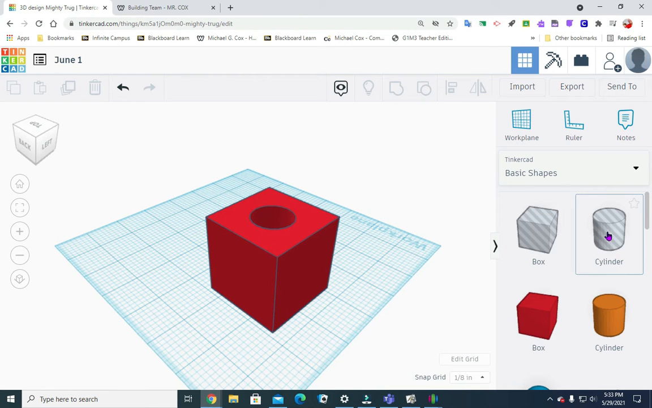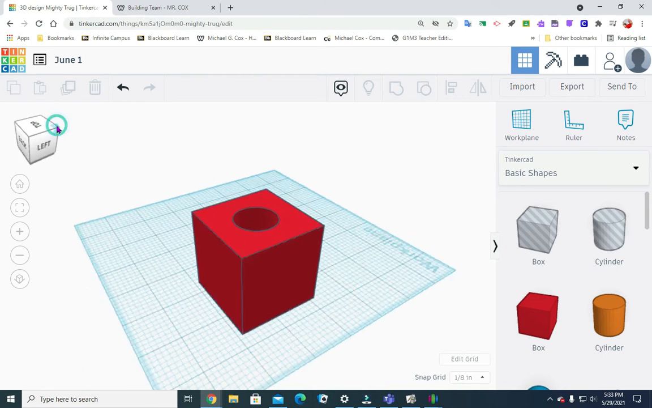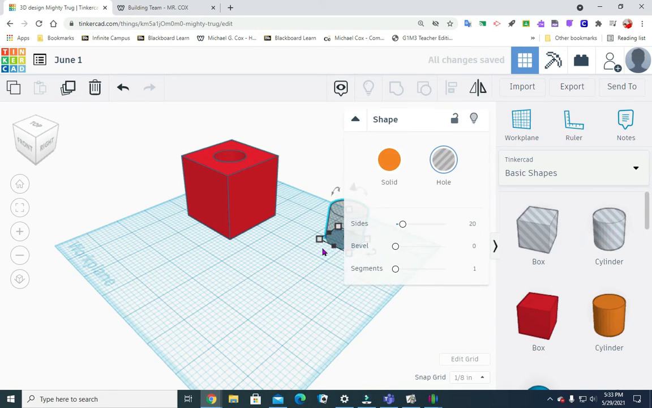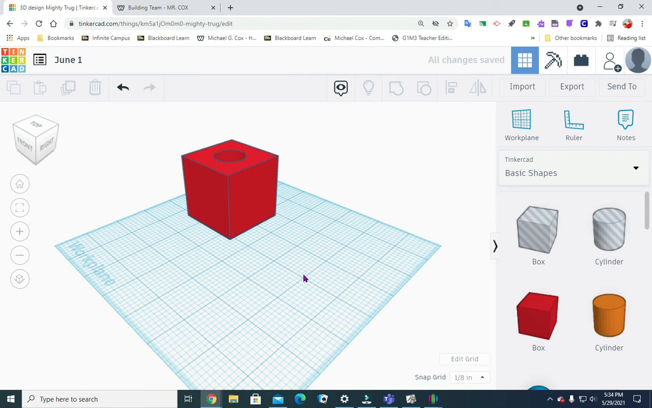Okay, so I didn't change the size of the dimensions, so yours should be 2 by 2 by 2, and the dimension of your hole is a 1-inch hole. I just pulled that out. I'm going to get rid of it by clicking on it and hitting delete. Okay, so next we are going to try to